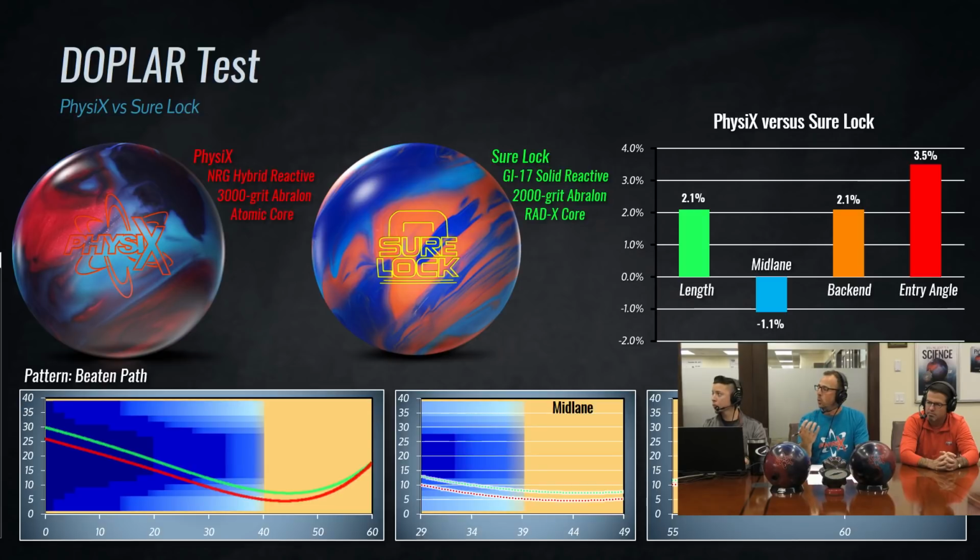So even though it hooks more, it hooks sooner, it's a more aggressive ball, that doesn't necessarily mean that ball is going to be coming in from more to the outside or create more angle down lane, because it doesn't. It's a more aggressive ball, but it slows down, it reads, it has an earlier break point, but it's more of an arcing shape, so the transition would be slower. It's not going to be as fast. It's going to be a smoother, softer, more arcing shape. And then the entry angle is going to be a little bit less, so your entry angle is going to be just a little bit more controlled.